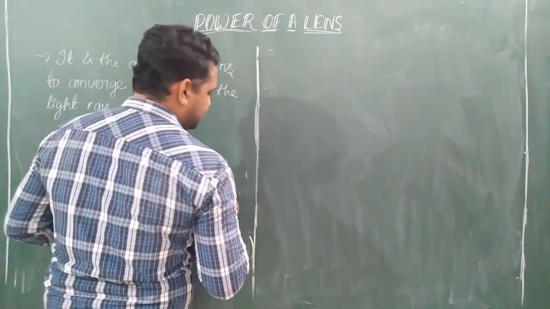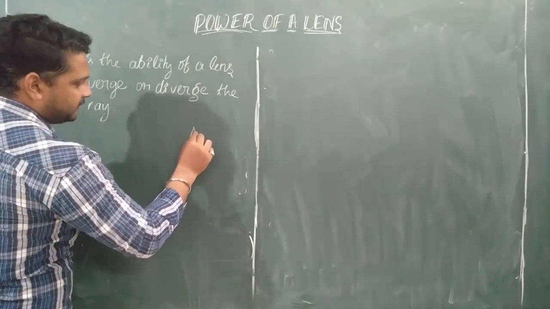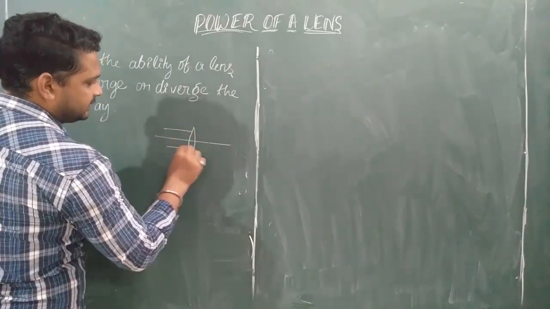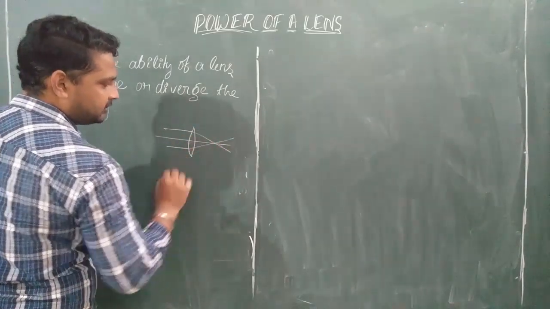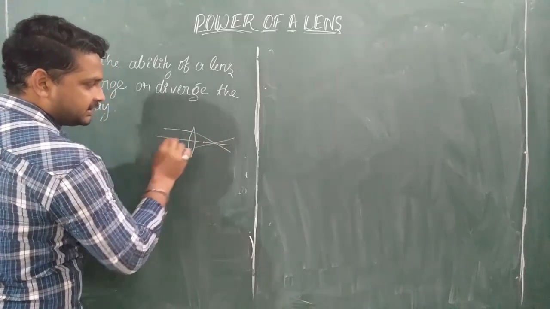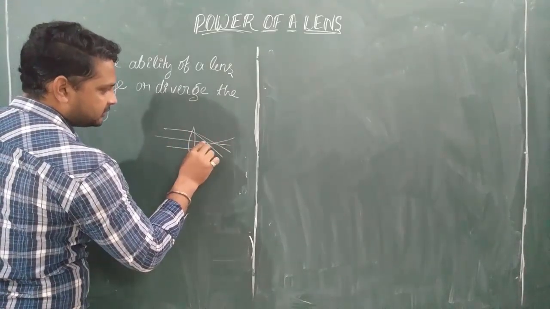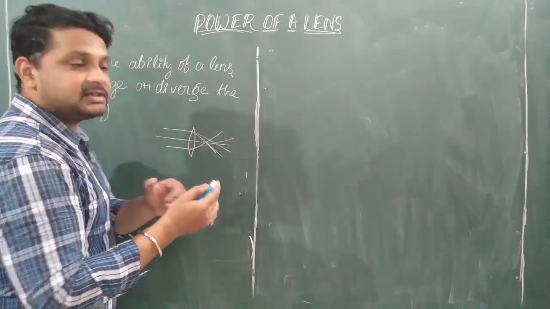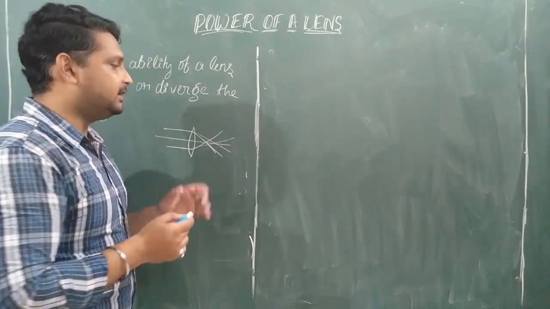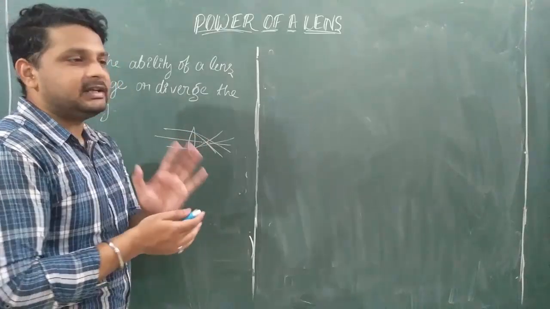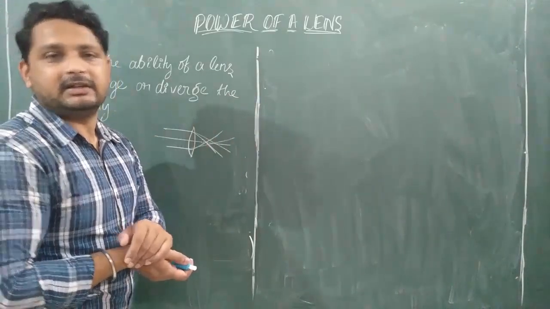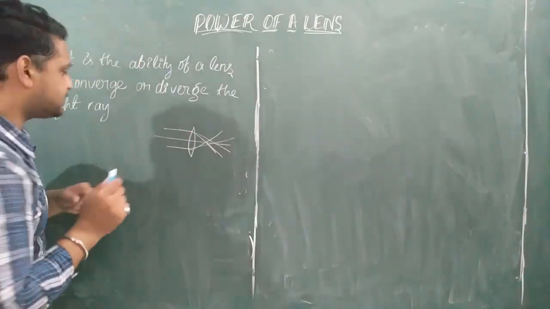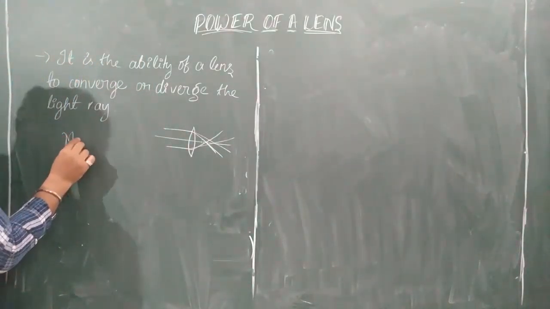Suppose this is a convex lens. If here is the focus, the parallel rays will converge here. If the focus is here, they will converge here, right? So the more the focal length decreases, the converging power increases. Similarly, for a concave lens, if the focal length decreases, the diverging power will increase. So focal length and power are inversely related to each other. So mathematically,